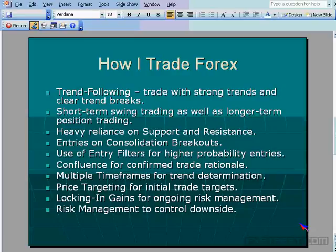I rely heavily on support and resistance, as most of you may know. And also I rely on consolidation breakouts. And when I talk about consolidation breakouts, I'm talking about chart patterns and consolidations, price consolidations, sideways ranges. I'm looking for breakouts of those, preferably in the direction of the trend, as well as counter